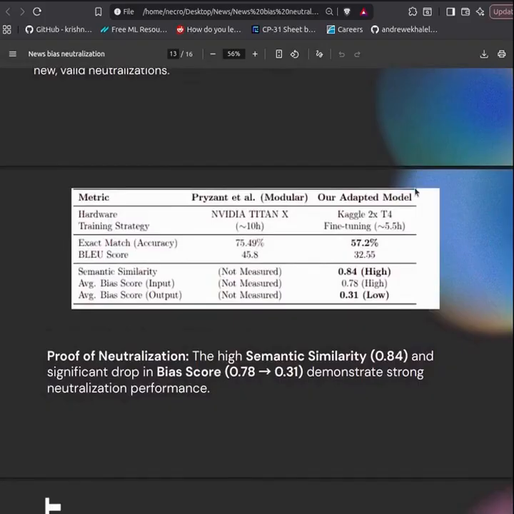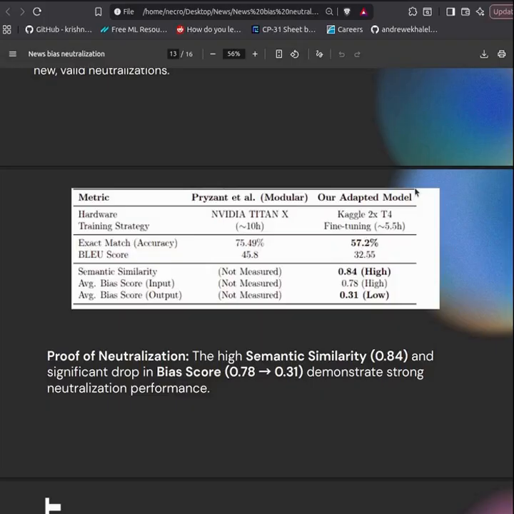This table summarizes the performance of my model against the original papers. So you can see that my training strategy was more accessible than in the original paper, as I have been using a lower spec GPU and for a lower time period. However, I have used a checkpoint model from the original paper, so that is also a reason for the lower training period, as I was just simply fine tuning the model.